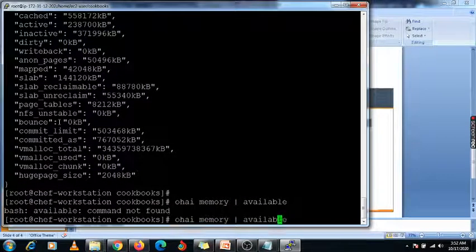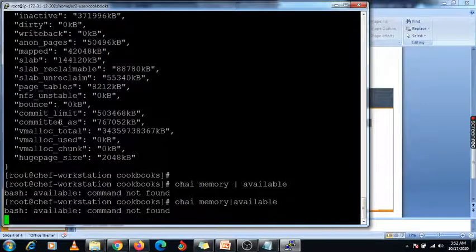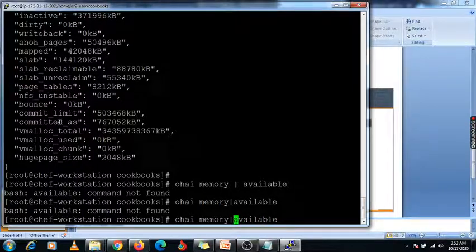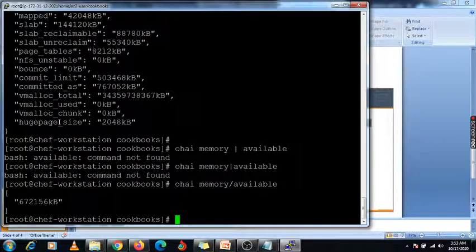Ohai memory available, no, it is not working. Okay, slash, we will try it. Slash, yeah, slash is working, right? So under that memory the available space is reflected using this slash option, not the pipe option.